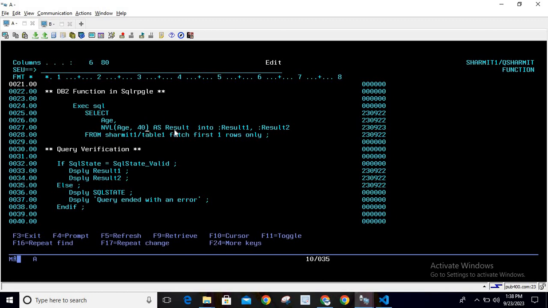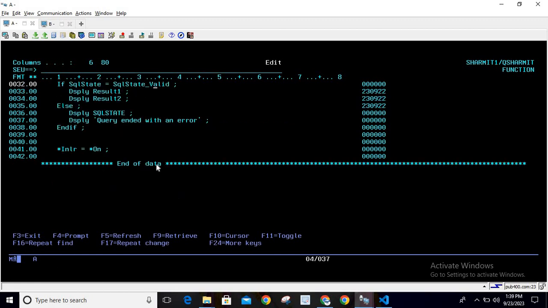So what it will do is check the age column. If it finds null, then that null value will be replaced with 40 because this is the default value, and then we are storing it into the host variables result1 and result2. Just after the query execution we will verify whether the query is executed properly or not. So I'm checking here: if SQL state equals SQL state underscore valid, then display both result1 and result2,